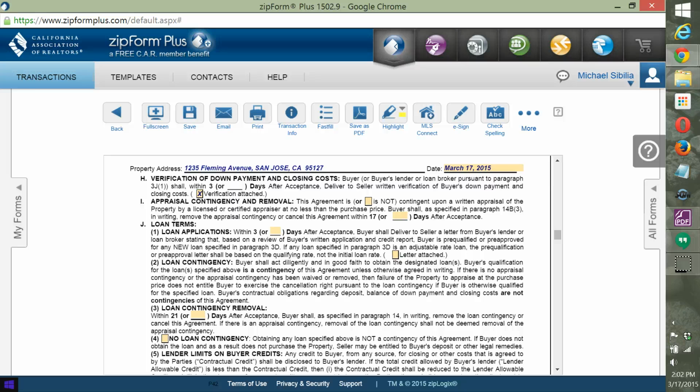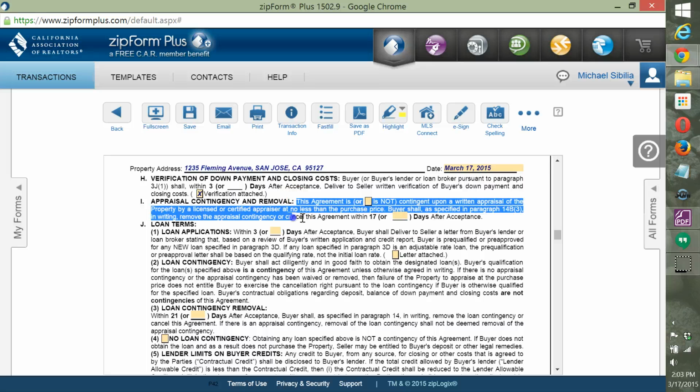If the property's been on the market 70 days and there are no other offers, then I would leave in the appraisal contingency. If you're going to do something to the appraisal contingency, we can write a clause later. So this is the conversation you should have, right? If you say to the buyer, all right, we're offering $900,000, what if it doesn't appraise for $900,000? Do you understand that this contract